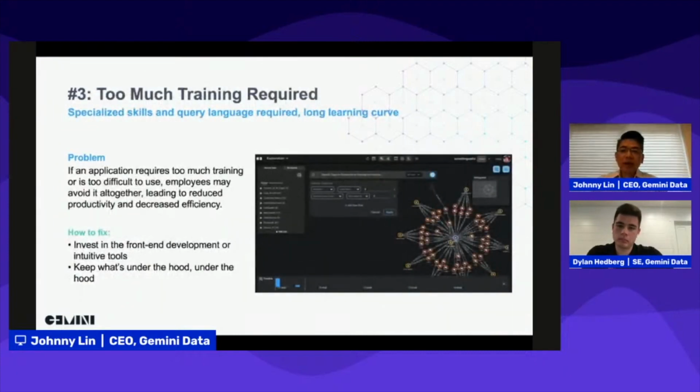Number three, what we have seen out there after speaking with a lot of customers who are halfway through or beginning their graph data journey is that they realize this is a whole different new skill that they have to acquire, which typically means there is a very specialized query language they have to learn and get used to, and that's something that usually doesn't exist in most organizations today. So there's a pretty long learning curve, and it's fundamental, but that's usually the very first part of your graph data project.